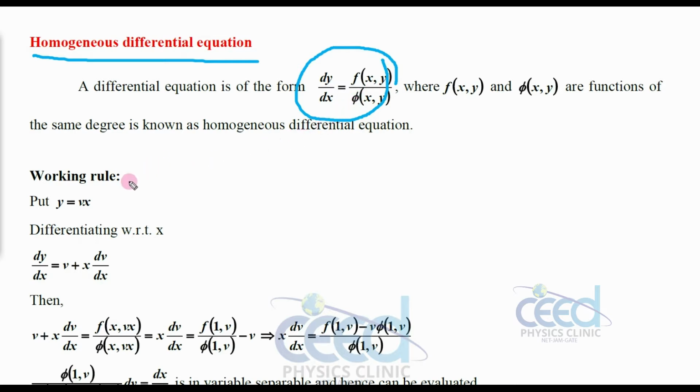We imagine a substitution, that is y is equal to vx. Then we can find dy by dx from it, that is v plus first function into differential of second, that is 1, plus second function x into differential of first, that is dv by dx. If you substitute y is equal to vx, I am converting everything into the x parameters, then I can substitute dy by dx as this. That's the method I am going to apply here.